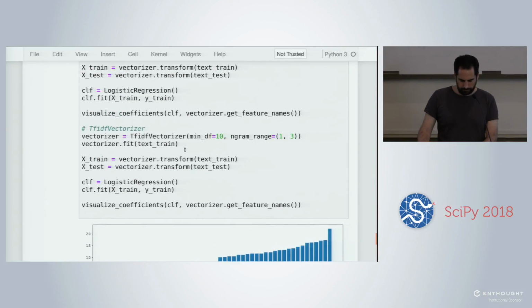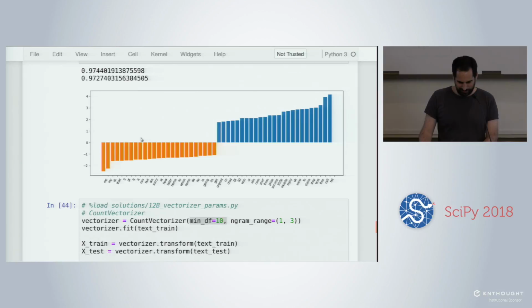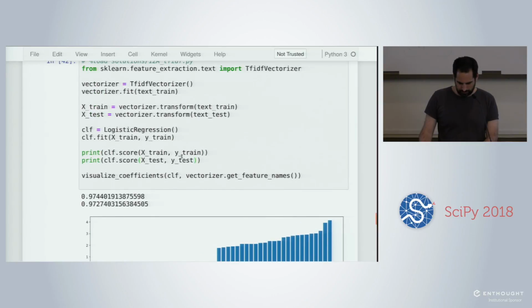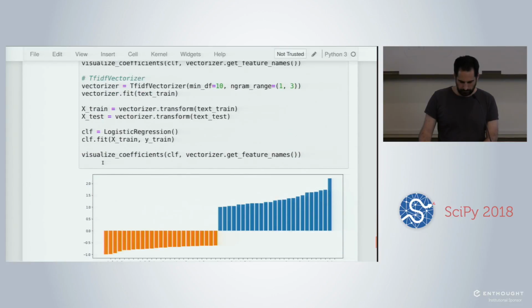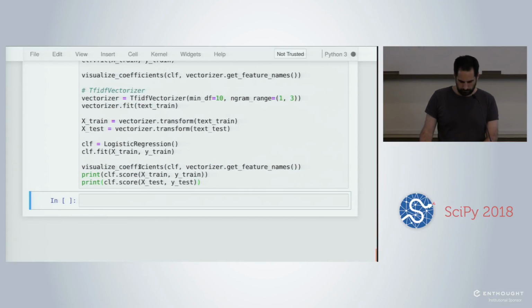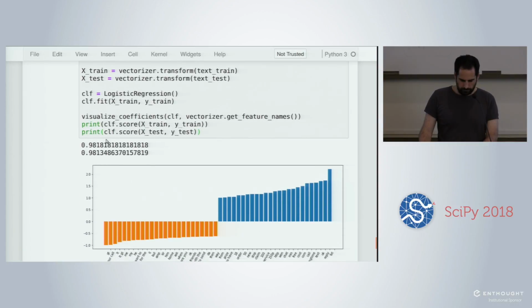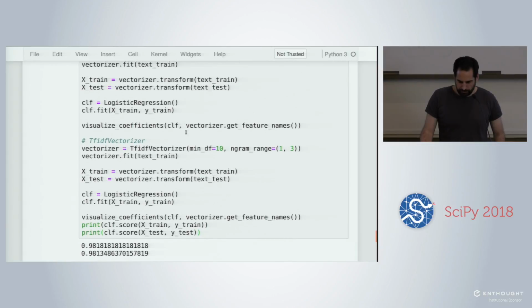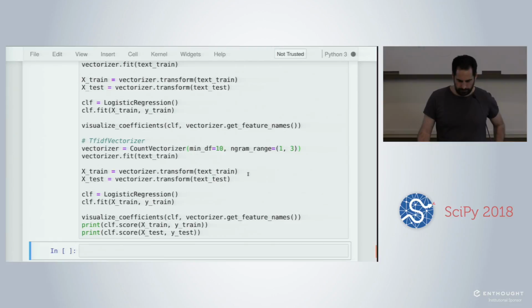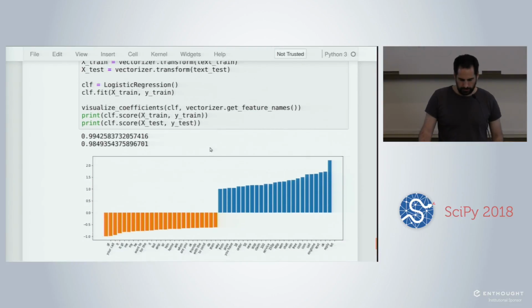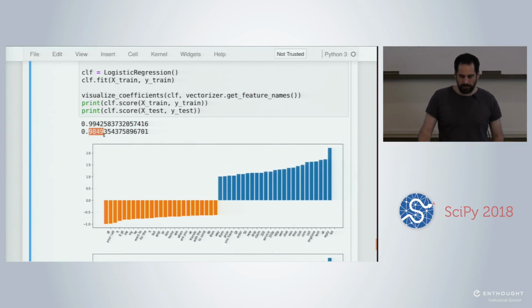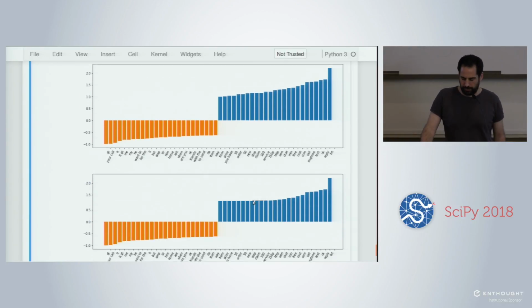Actually, we didn't compute the scores. I will take the scores here. Actually, it's still the same, or approximately the same. But we used a TF-IDF vectorizer, so let's use Count Vectorizer. You see that it's slightly better. So using bigrams, it's very often the case that it's actually useful, and we can have a look at the